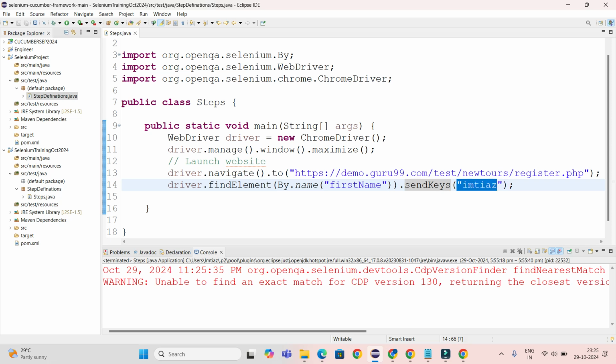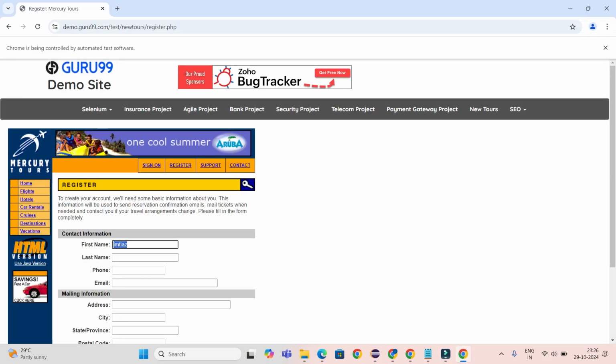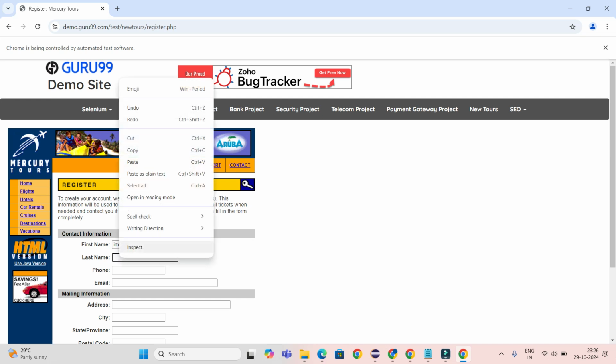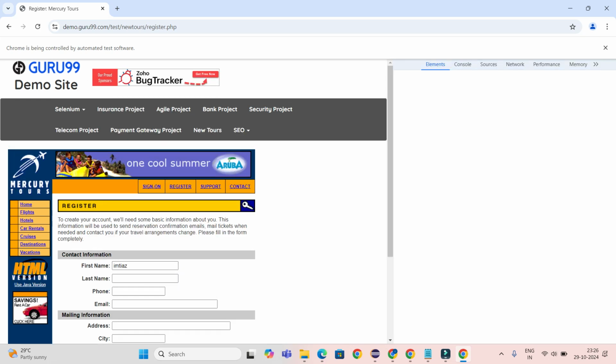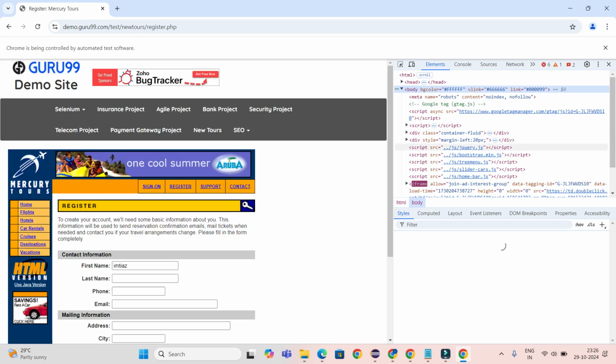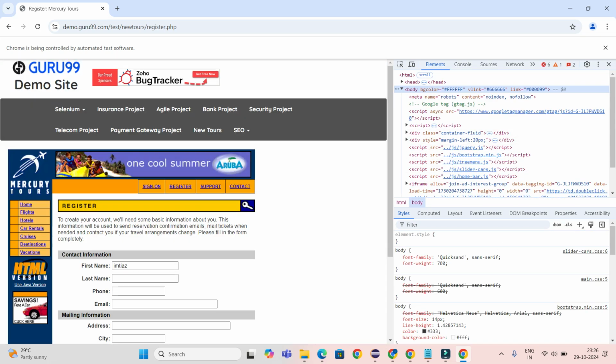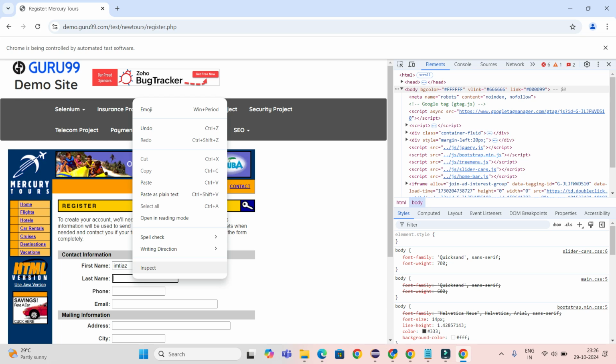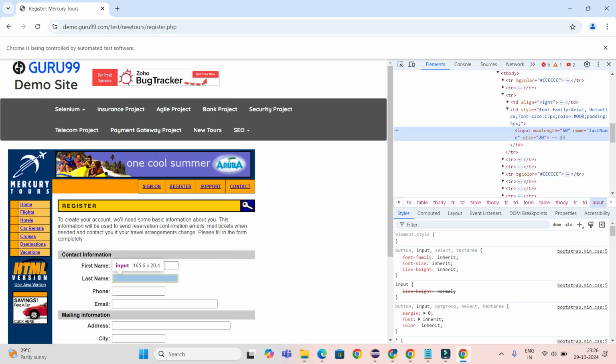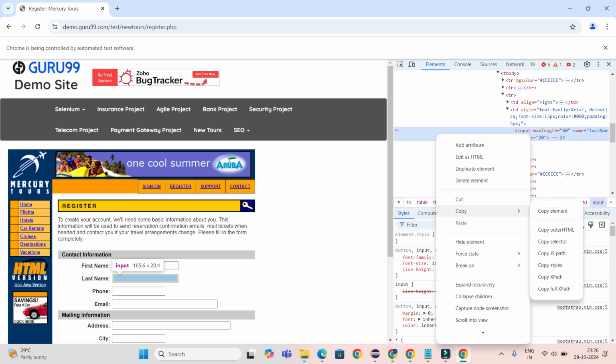To enter the data, you should know the location. This is the location. Similarly, I'll go here again. I want to enter the value in the last name. Right click, inspect. Again, right click here, inspect. So you get the input tag. Right click, copy element